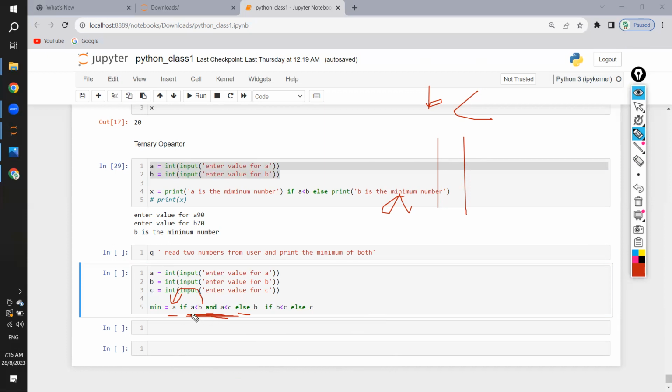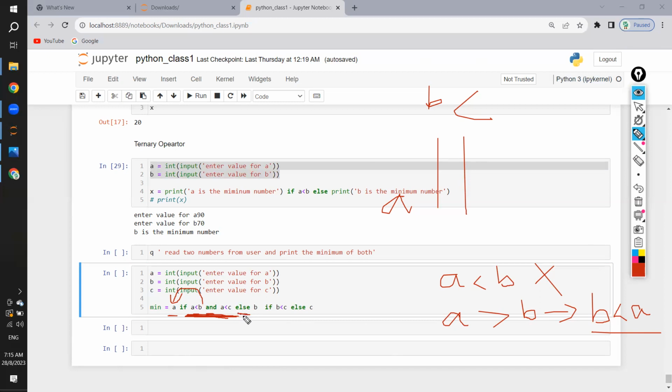Okay, so let's say A is less than B is false. That means what is true? A is greater than B is true. So A is greater than B, which means B is less than A. In the same way, when you're saying A is greater than B, that means B is less than A. Now